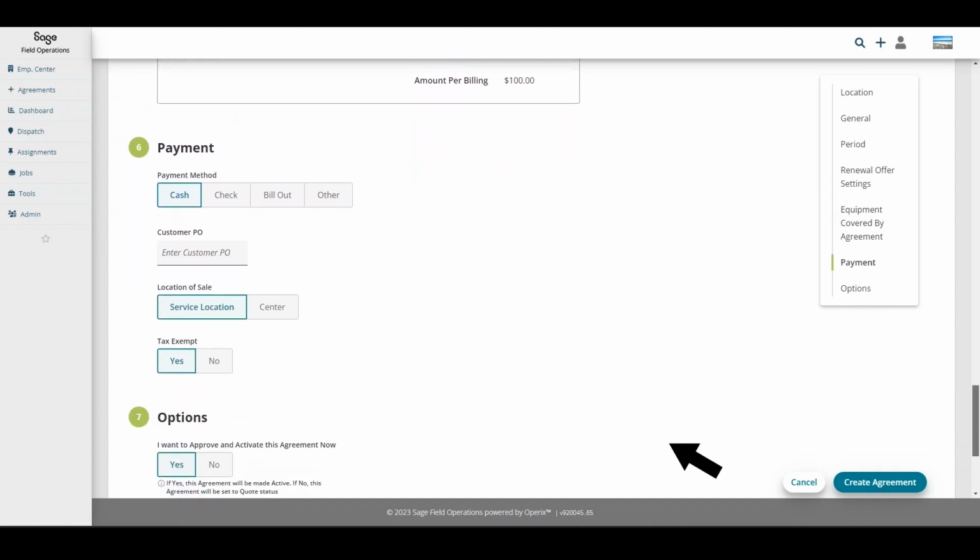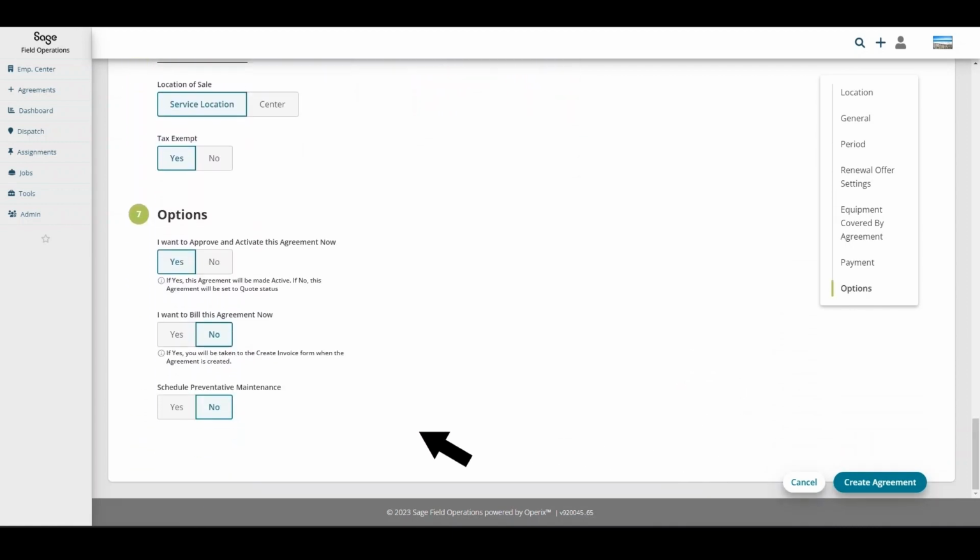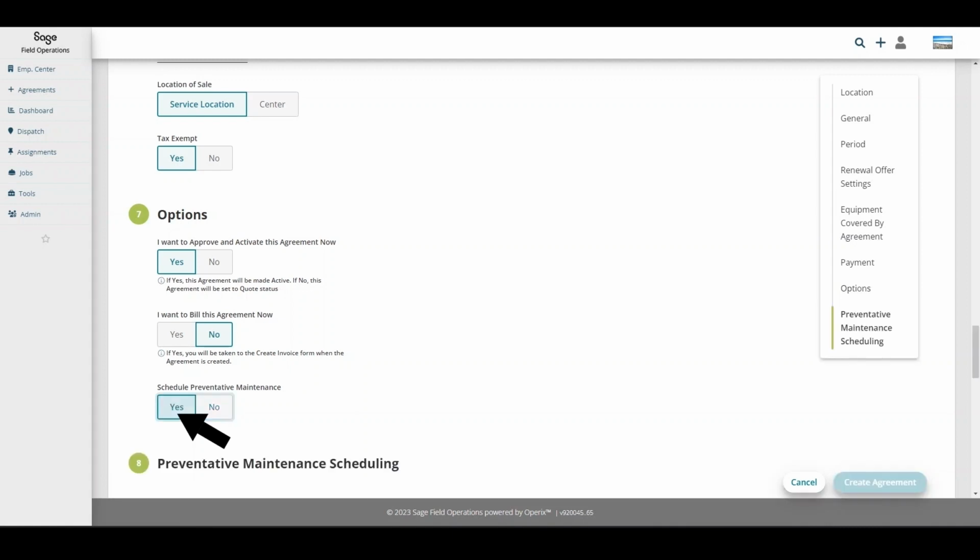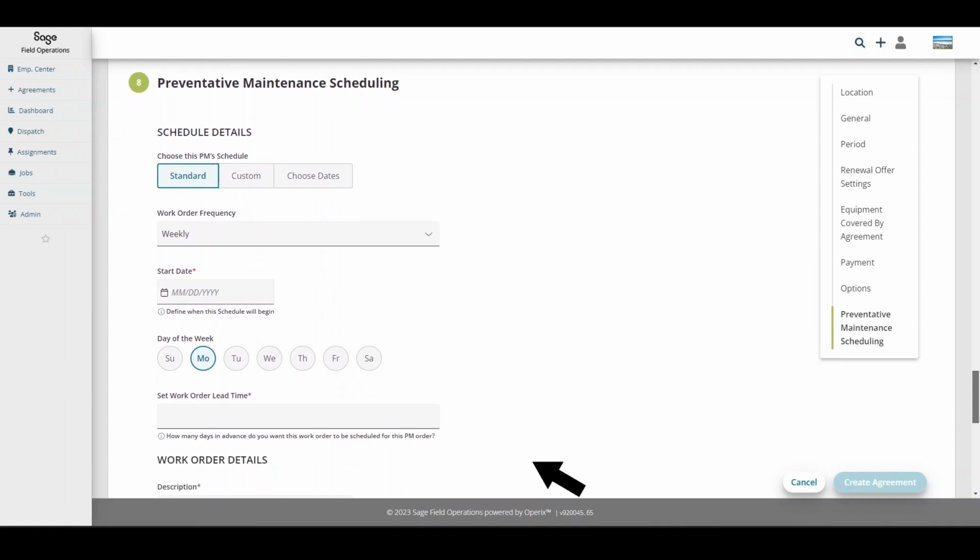Under Options, select Yes for preventative maintenance. This will open an additional section where you can create a standard or custom schedule, define the work order frequency, select the start date and which days of the week,